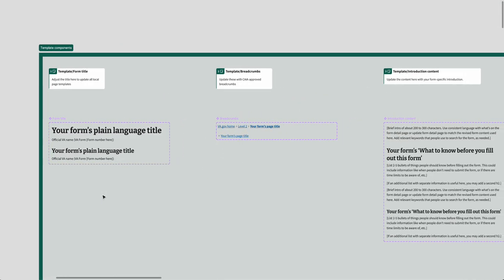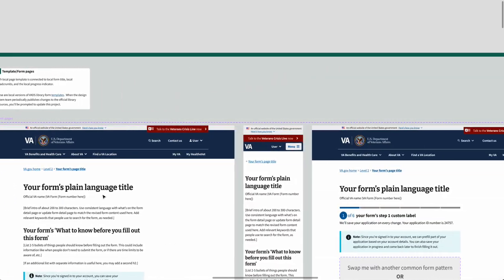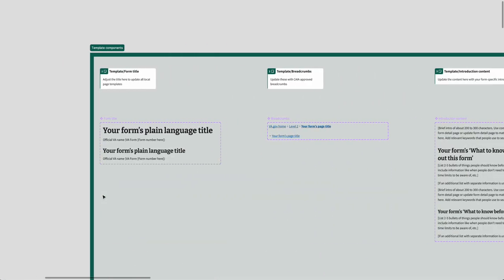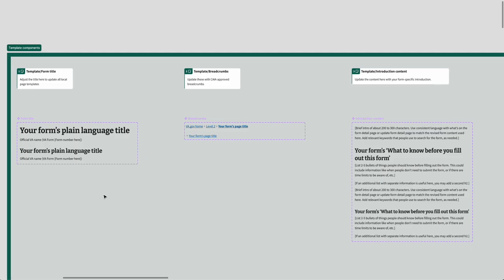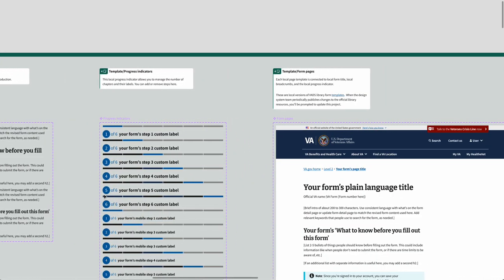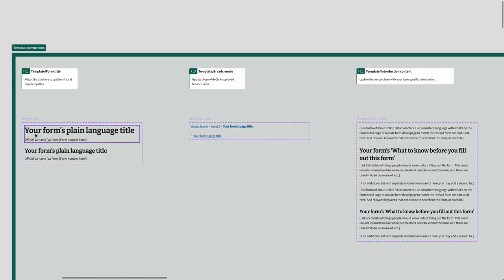So these elements are selected because on the forms team, in our experience, these always need to be specified for your particular context. So for example, the form title here, you'll be writing your own plain language title or applying your own plain language title. The official VA name here would be replaced by the form number of your PDF form. As you make changes here,